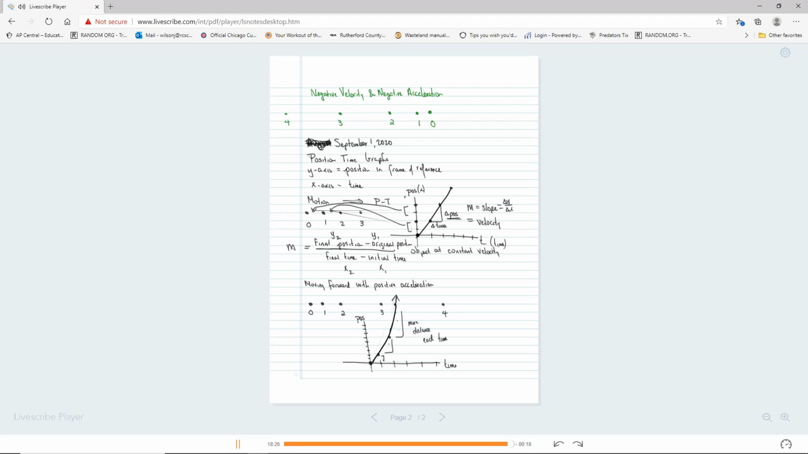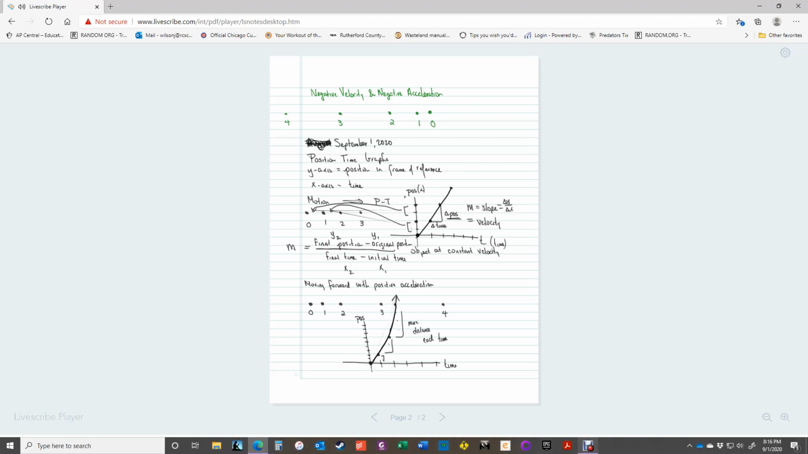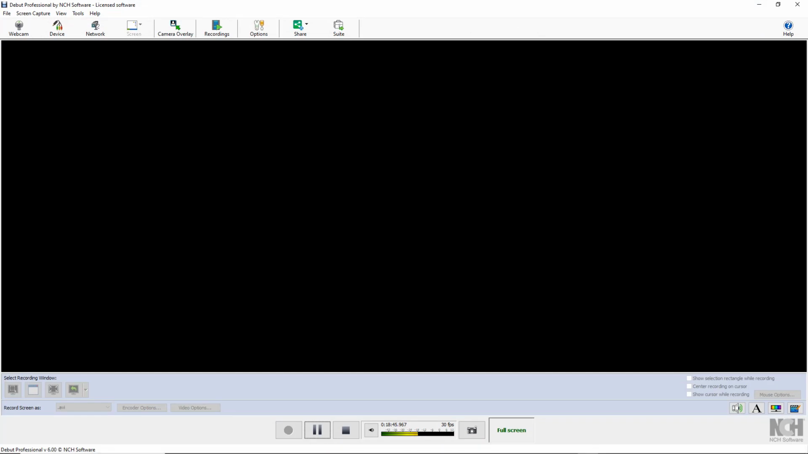So those are motion diagrams. We're going to do position time later. Let's come back to those questions that I gave you to work, which you should do on your own paper and turn into me. So let's swap computers. And I'm going to